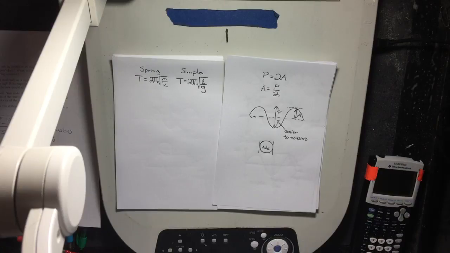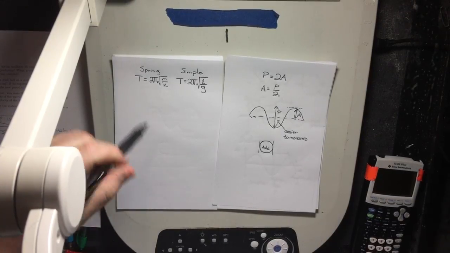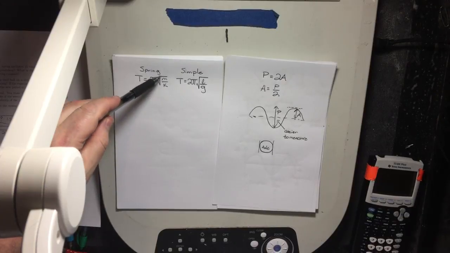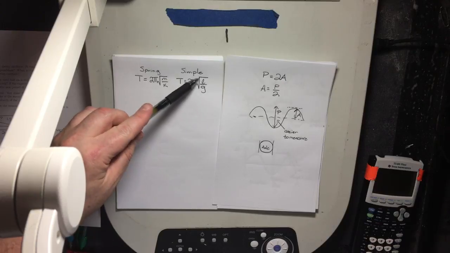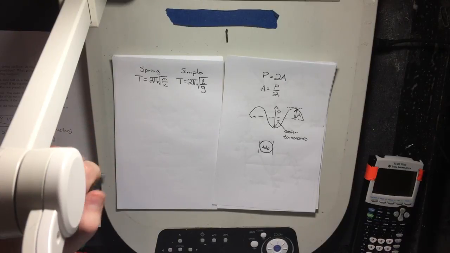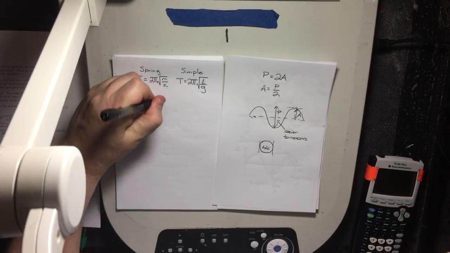And for a spring pendulum, there is a calculus-based way of deriving the periods. We're not going to go into that. But the periods have equations. So for a spring pendulum, it's 2 pi square root m over k. Simple pendulum period is 2 pi square root of L over g. And a lot of times,